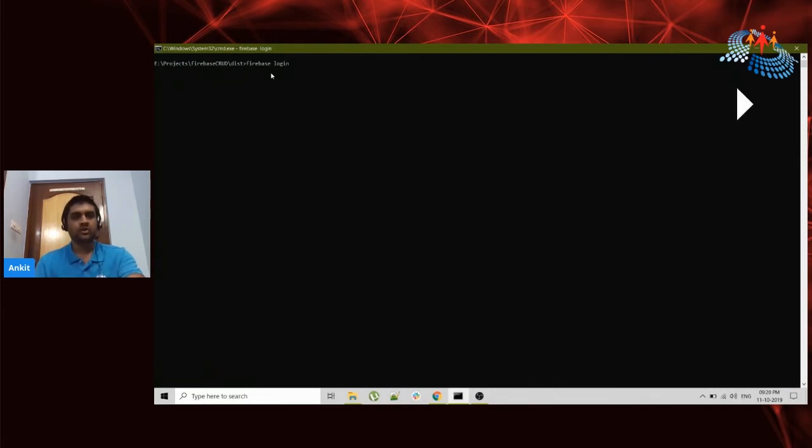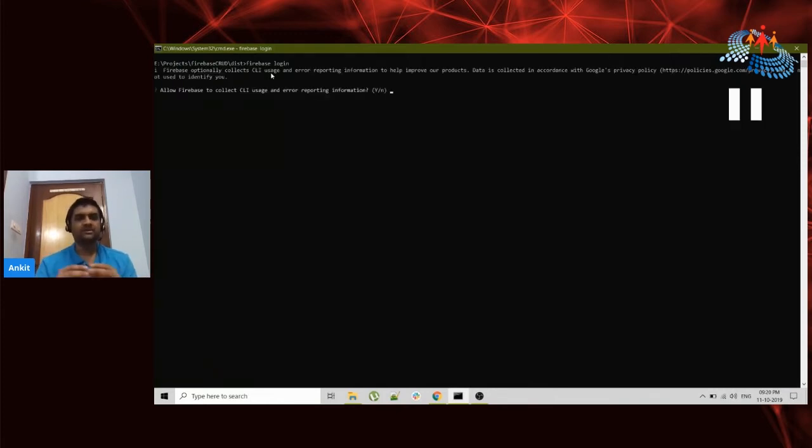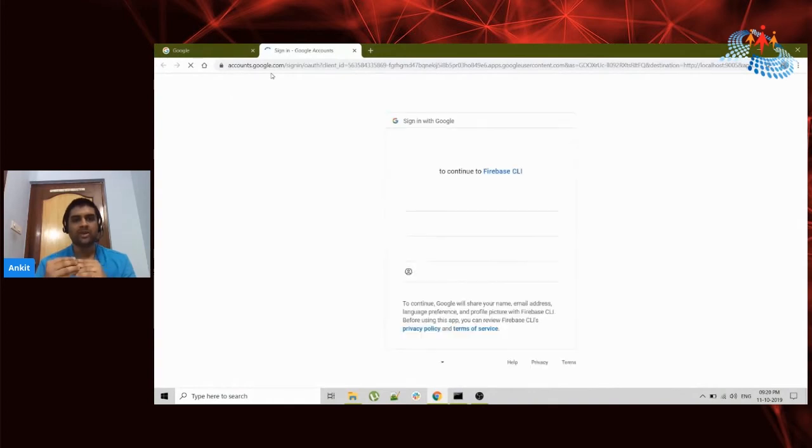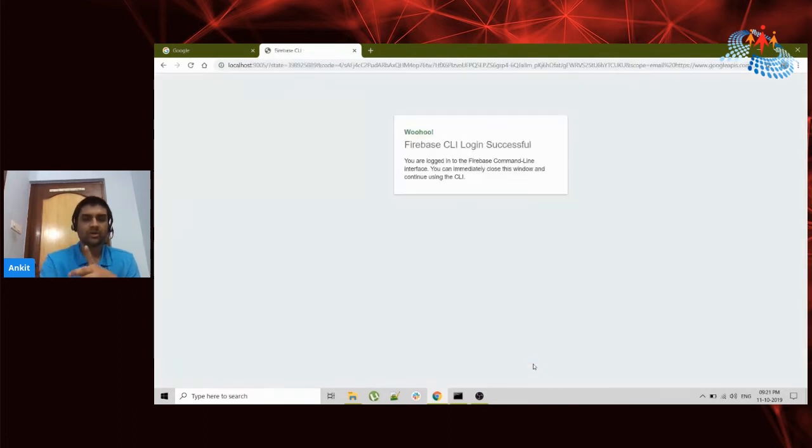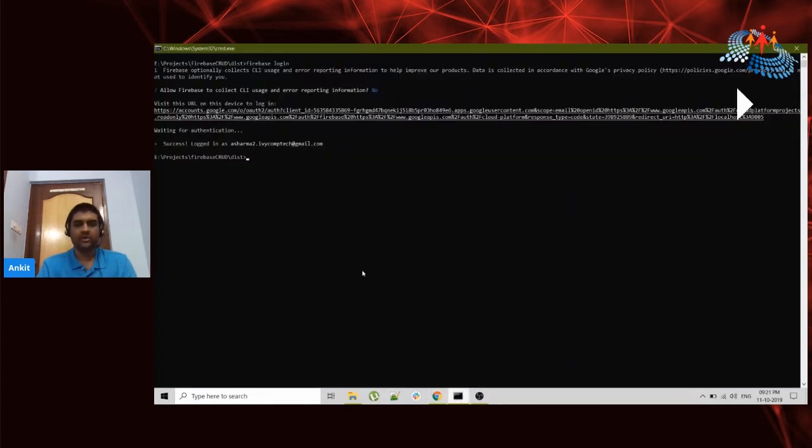So first step is to do the Firebase login. These Firebase commands are provided by Firebase CLI, which you have already installed in the previous step. Once you do firebase login, it will open a sign-in page. You have to sign in with your Google account. And once you have signed in, one more thing is you have to create a project on Firebase. Since it is out of the scope of this talk and it will take a lot of time, I have not included it, but I will be providing you with resources at the end of the talk which will help you to understand how it works.